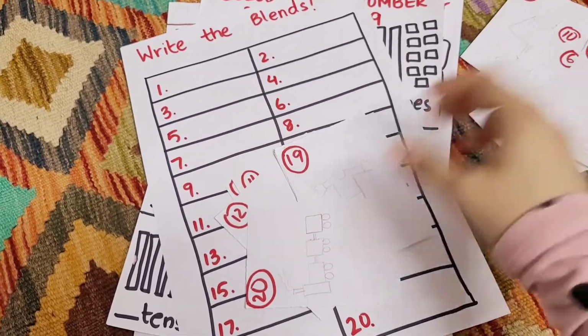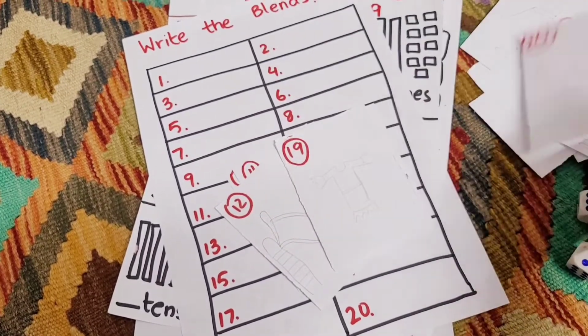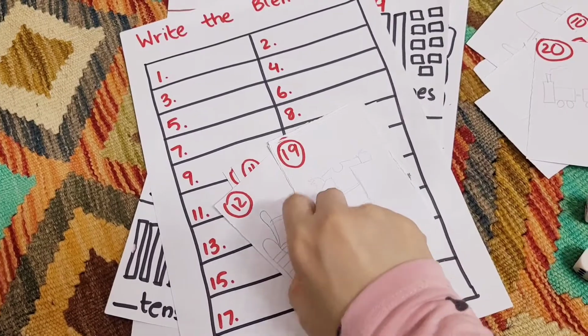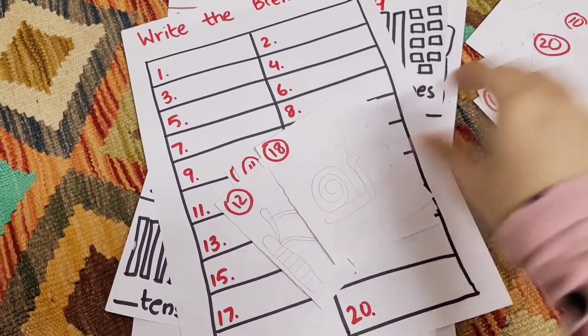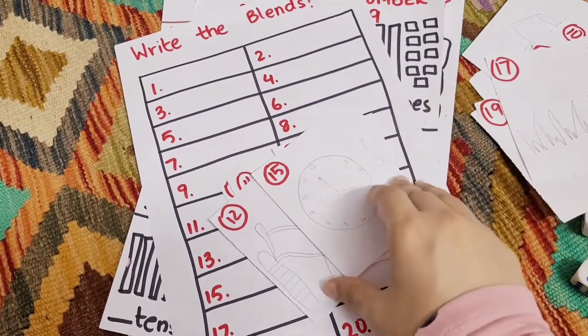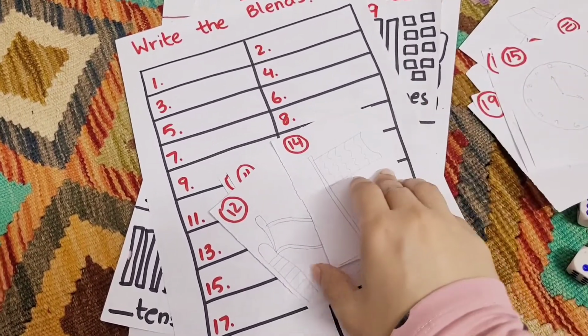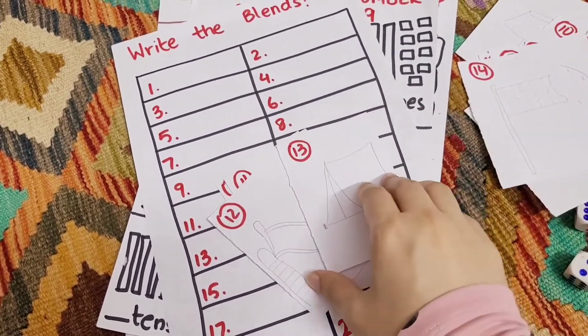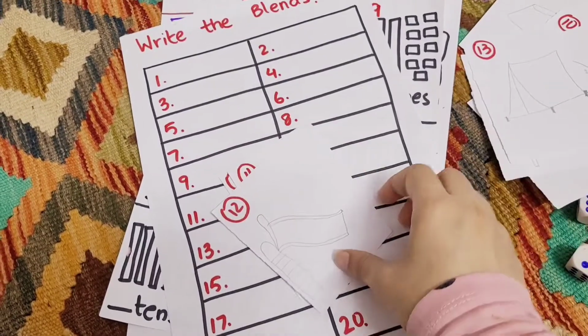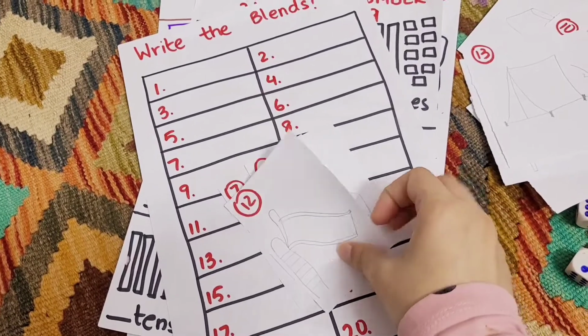Spiral, train, dress, snail, grass, clock, flag, tent, ending blend, nt, empty, slide,